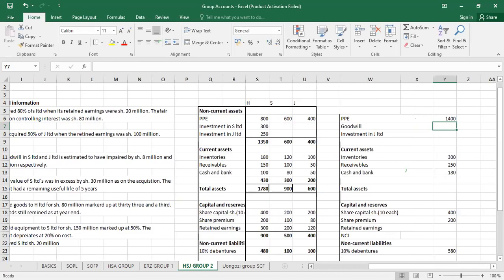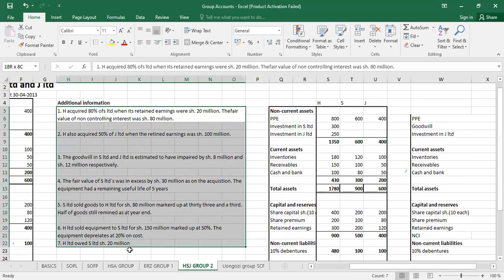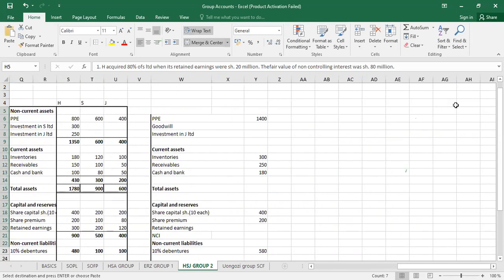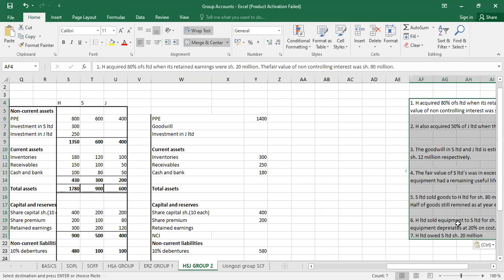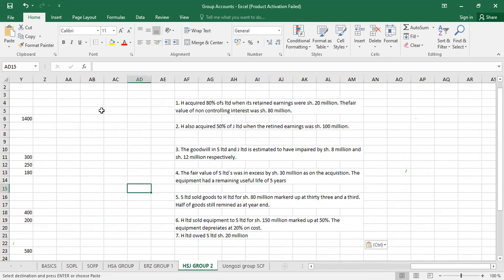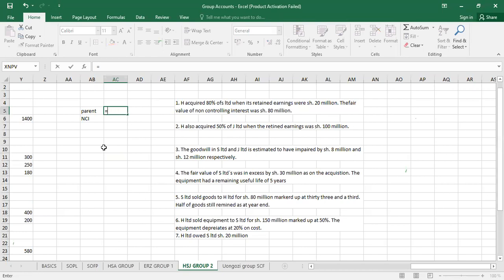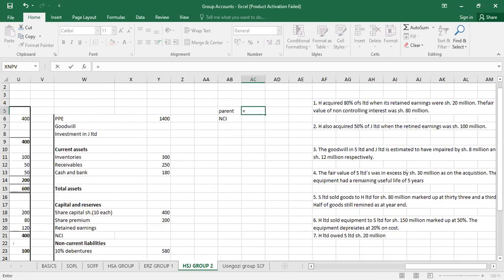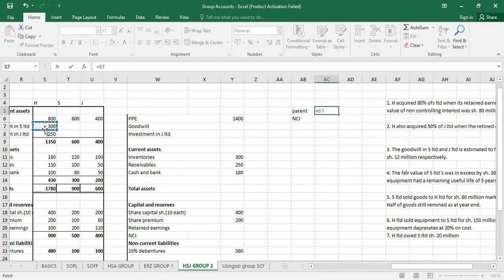Maybe, because I don't want to be moving here and there, I'll just copy this, Control C, bring it here, Control V, so that I just go with it directly. So the first thing was goodwill. We have the parent, then we have the NCI, because you've been given the fair value. Here it will be equal to the cost for the parent. So the cost was 300. You less